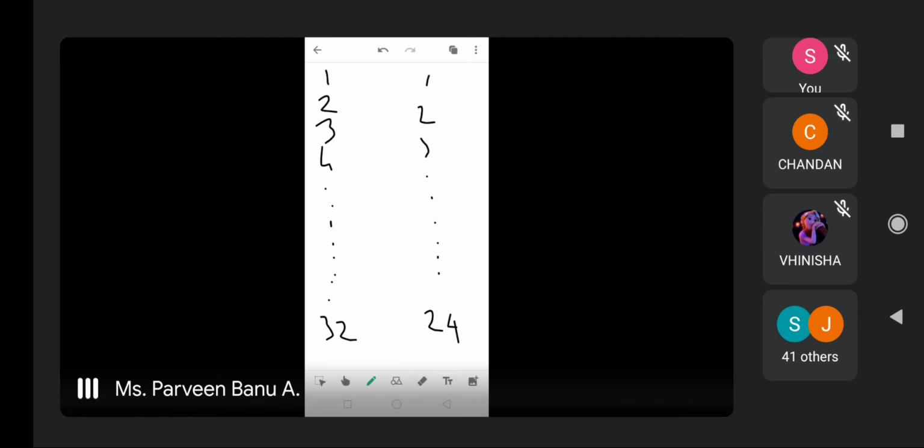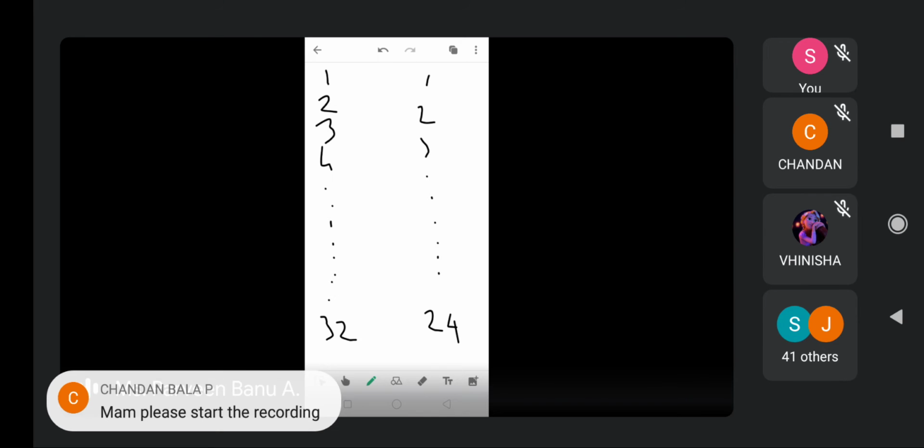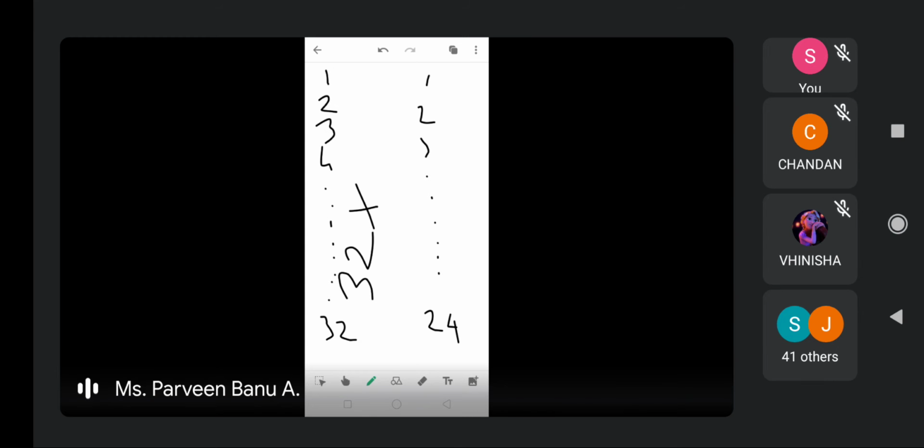Third is also having any one of these 24 ports. So I'm having 32 computers, each one having 24 ports. So this is a product, 32 into 24. Is it okay, girls?